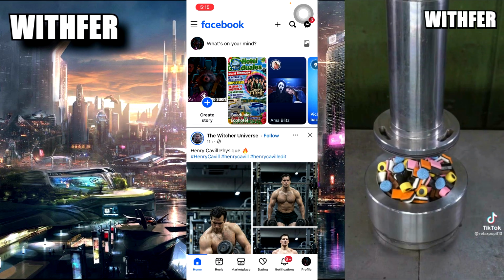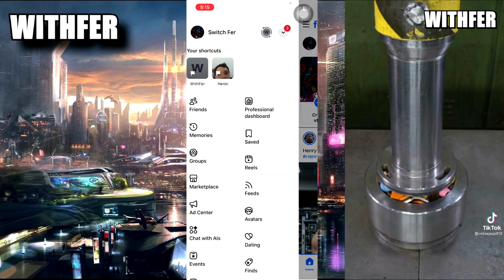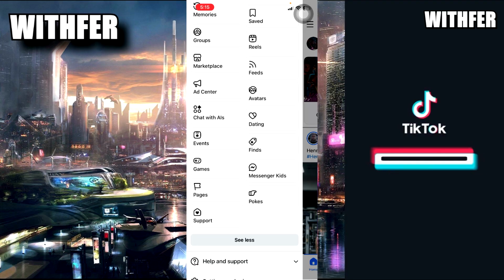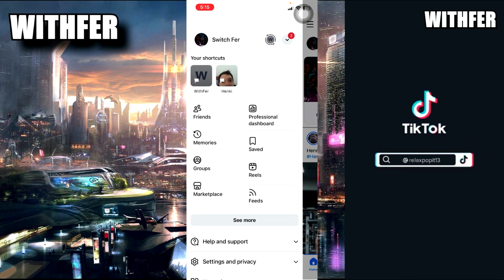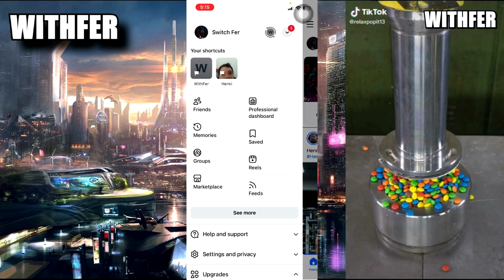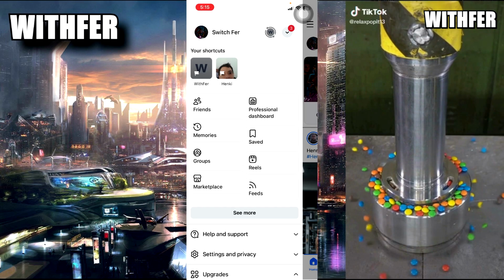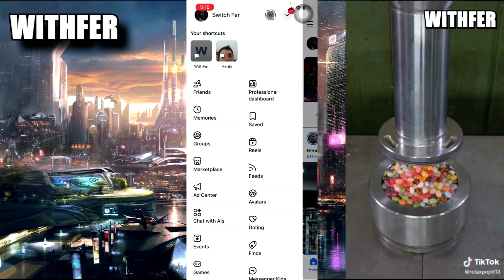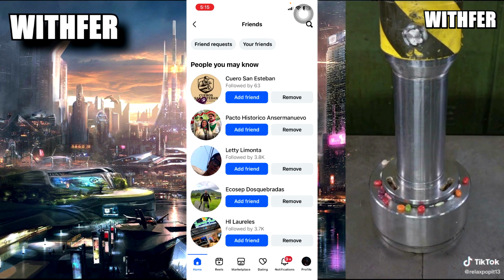Update your app, and in your corner you can see three lines, and then Friends. If you don't find Friends here, scroll and find it here, okay? Maybe if your lobby looks like this, you can touch See more and find Friends here, touch Friends, and then Friend requests.